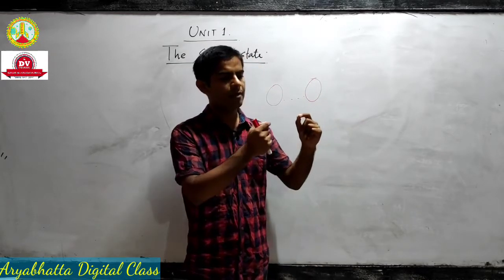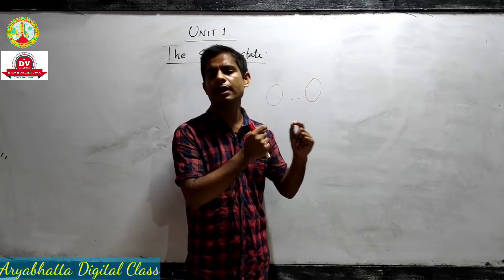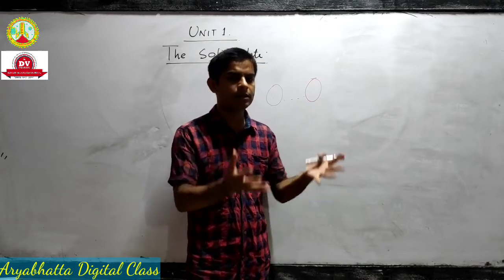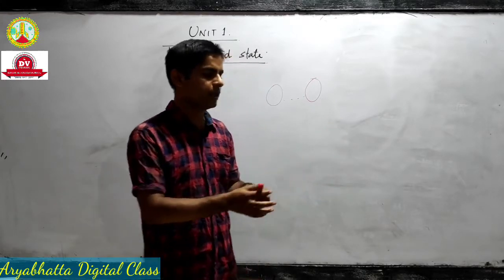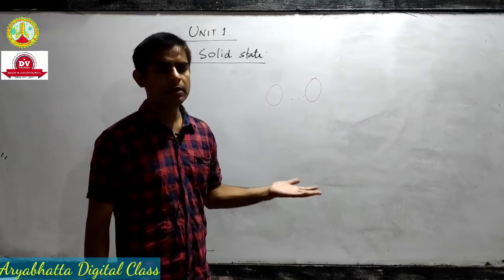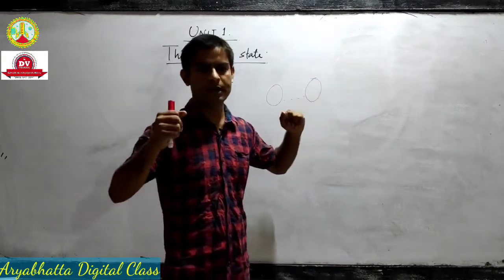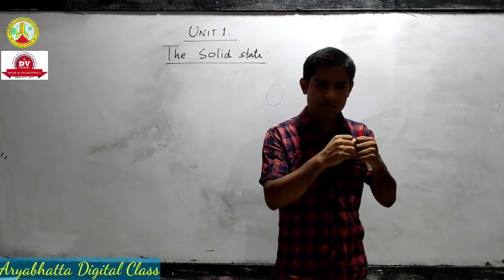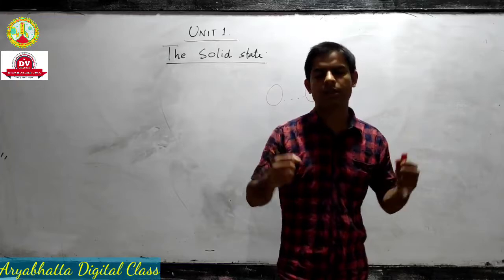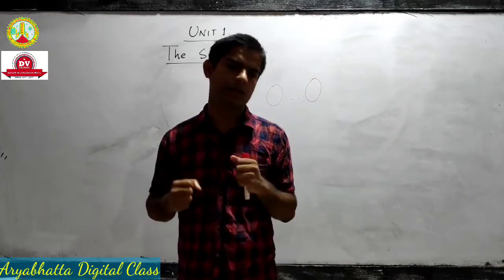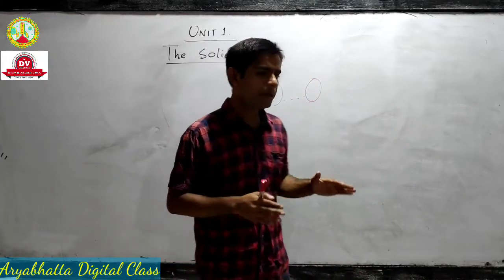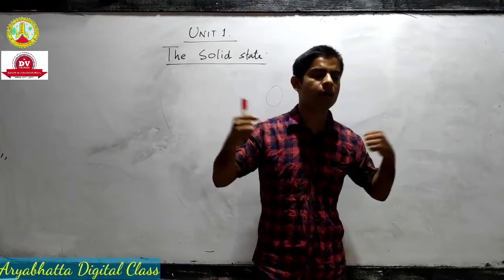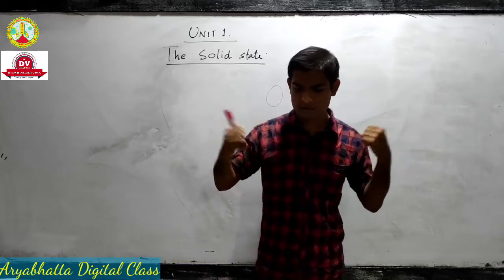And we can observe that gas molecules have very weak intermolecular interaction. That's why, if I use an incense stick here, the smoke will spread automatically. Why? Because the molecules cannot stick to each other, they cannot attract each other so powerfully. So they move in random directions because of random intermolecular movements.